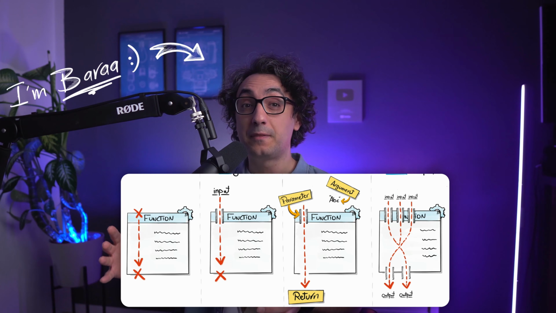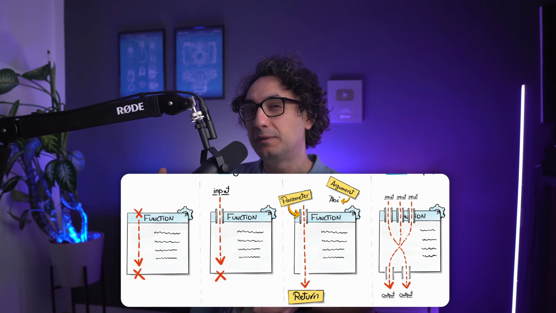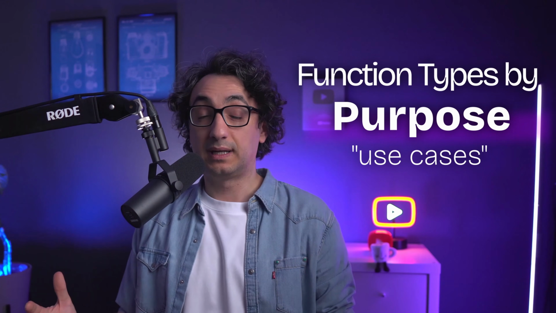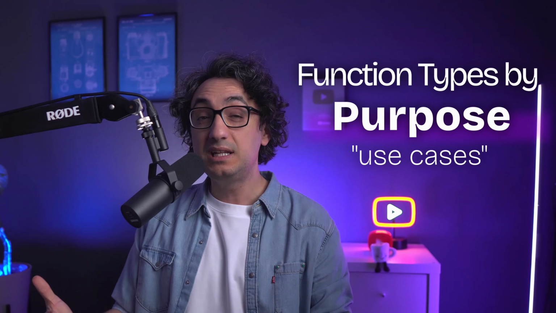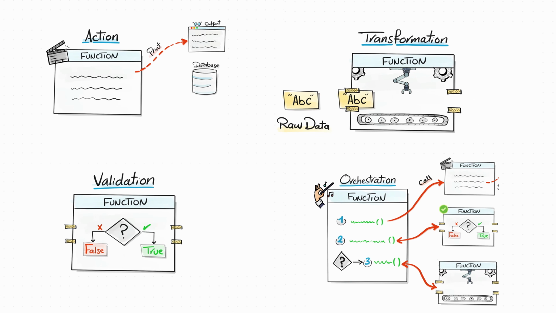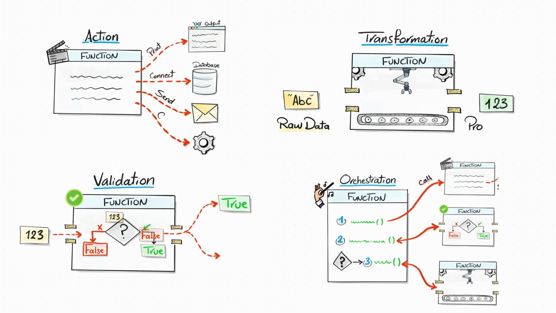So now, so far we have learned all the different types of Python function, but based on how the data flow through the function. But now in real projects, we categorize and classify the functions by something else, by the purpose. We classify them based on the job each function is responsible for. So now what we're gonna do, I'm gonna show you some famous patterns and function types based on their purpose and the use case. So now, let's go.